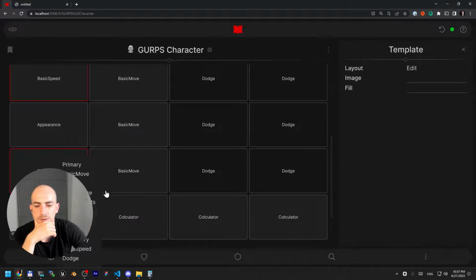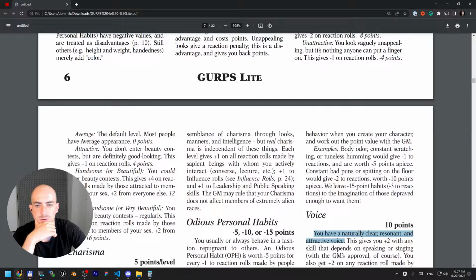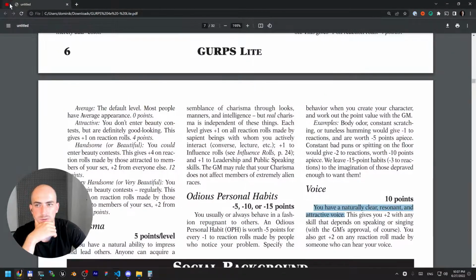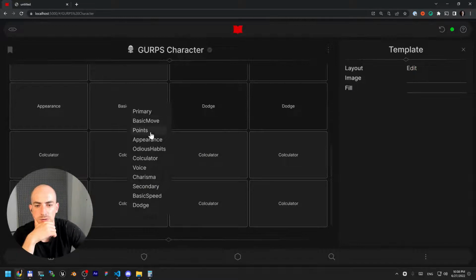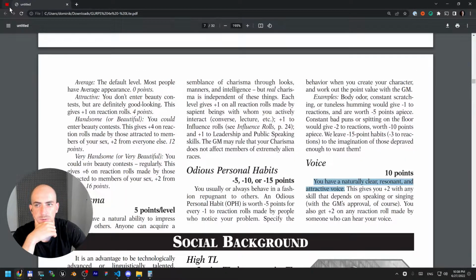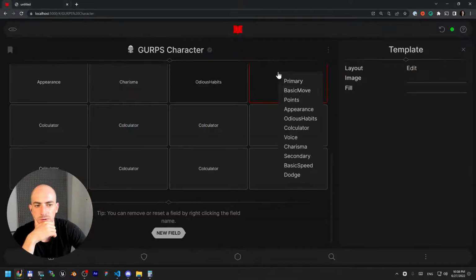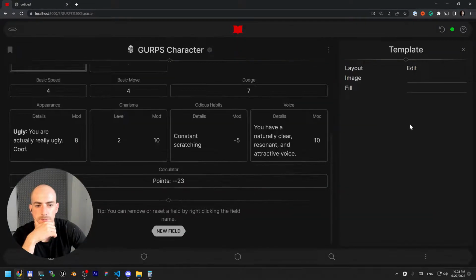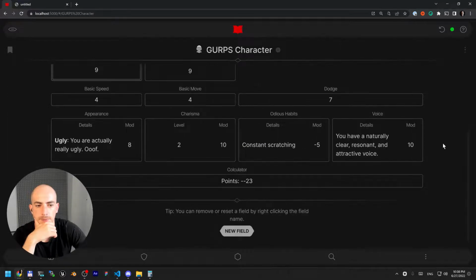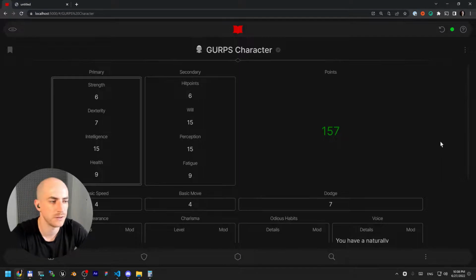Yeah, this is going to be the calculator. Okay, so appearance, charisma, right? Habits and voice. Doesn't look too good, but